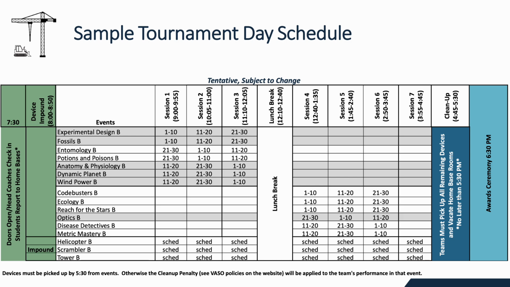When you come in, the first thing you'll do is go to the ES check-in. You'll get a packet, you'll get a t-shirt, you're going to get a name tag, that's your official ID. Your supplies will be there, though any large items might be at wherever your event's being held. Then you'll see that there is impound, and we're going to talk about that in a minute. Only certain events are impound.